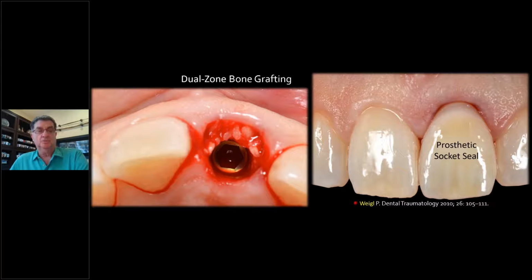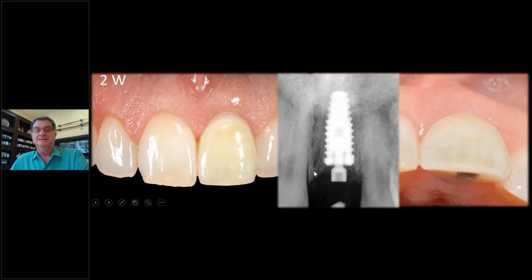And this is what it looks like in 2 weeks. There's the implant. Notice it is below the interdental bone, exactly what I was talking about. See, here's the interdental bone. Look at the scallop. Normal. That's what we expect. So it's about 3 millimeters below the interdental bone, but it's at about the buccal plate, maybe a millimeter apical. There's a beautiful implant, beautiful platform shift. And look at this at 2 weeks.